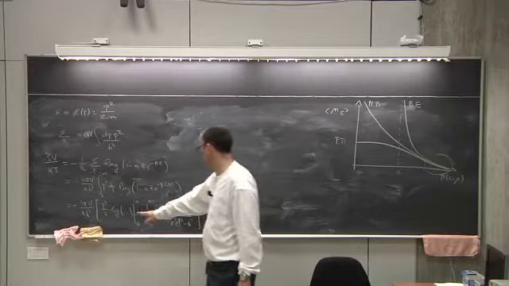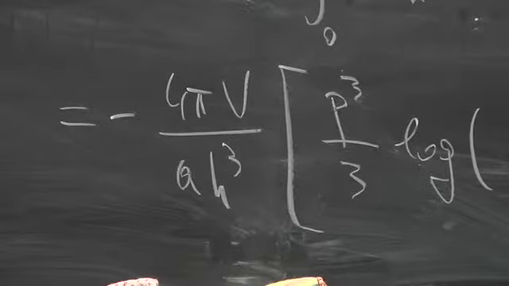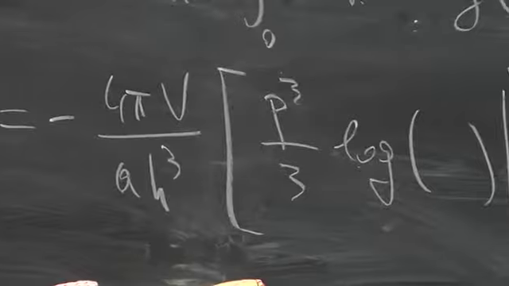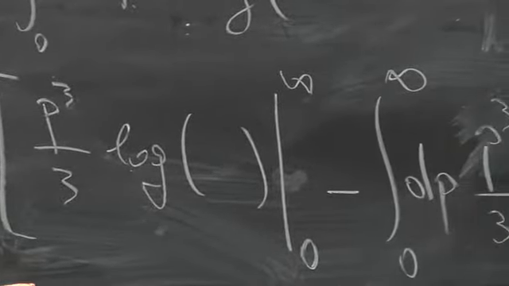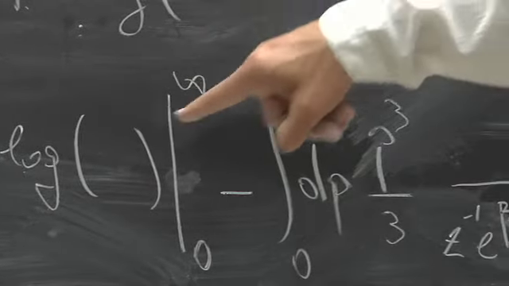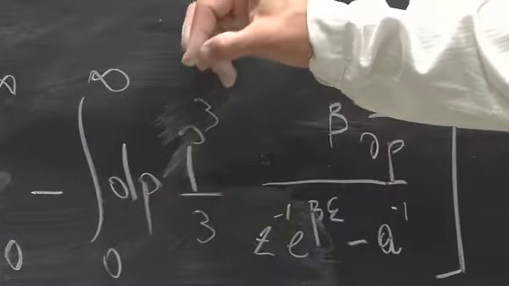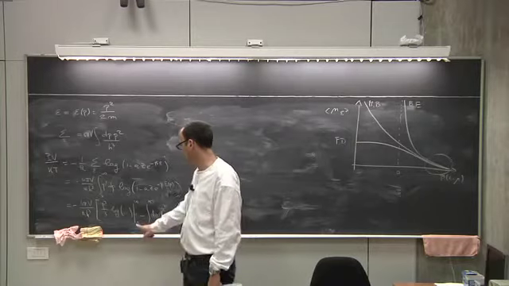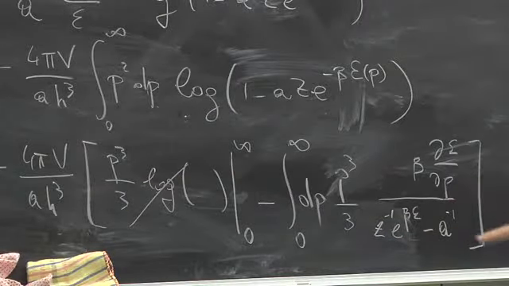Right, so this term is equal to 0 because at infinity this log has the energy with infinite momentum, which is infinity, so this is 0. And so the log of 1 is equal to 0, so this term is 0. And it's going to 0 much faster than p cubed. And for momentum equal to 0, this is 0. Okay, so this is equal to 0.